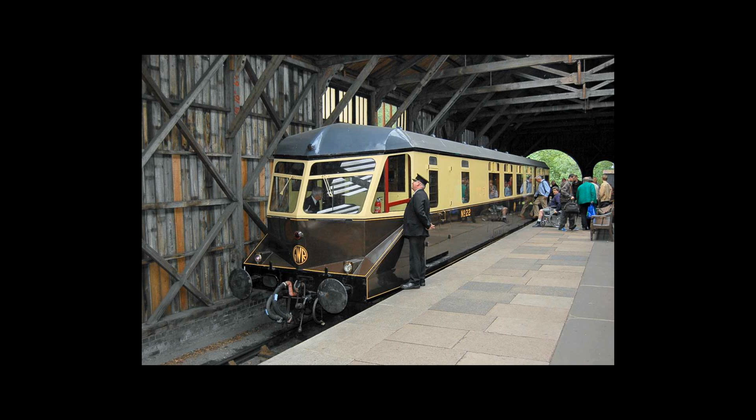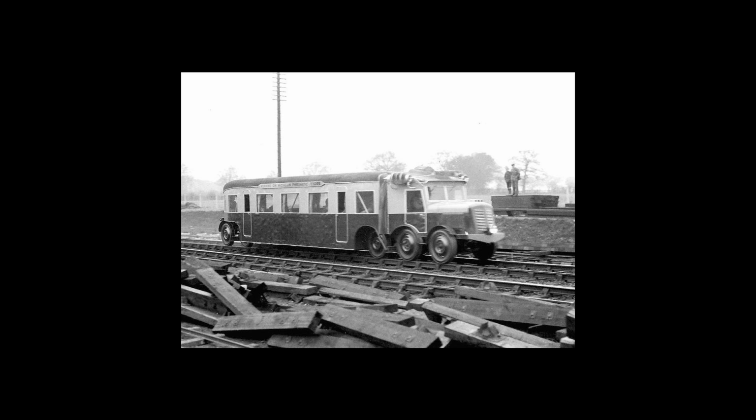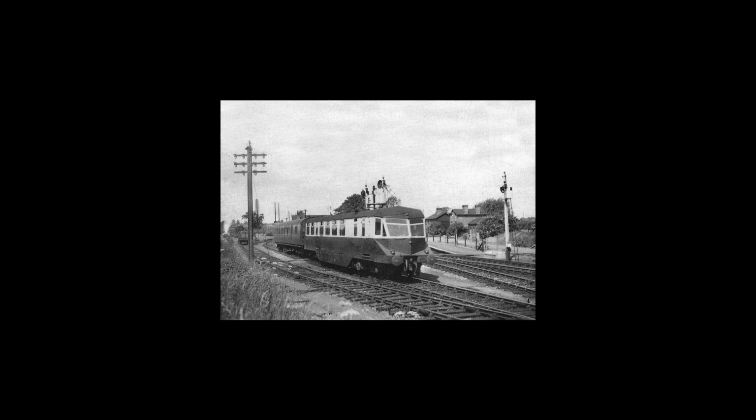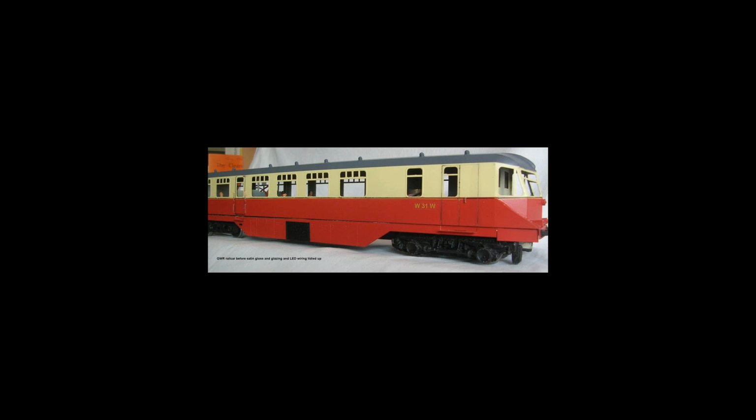Fleet list. Preservation. 3 of the GWR railcars have survived into preservation, as follows. Models. Hornby Railways manufacture a model of the 1940-style railcar in N gauge, using tooling acquired in their takeover of Lima. In late 2017, Dapol released a new model of the streamlined 1936 Gloucester RCW railcars in a variety of